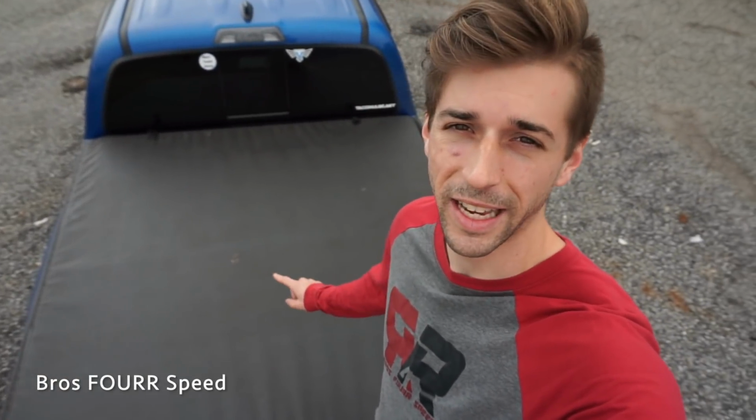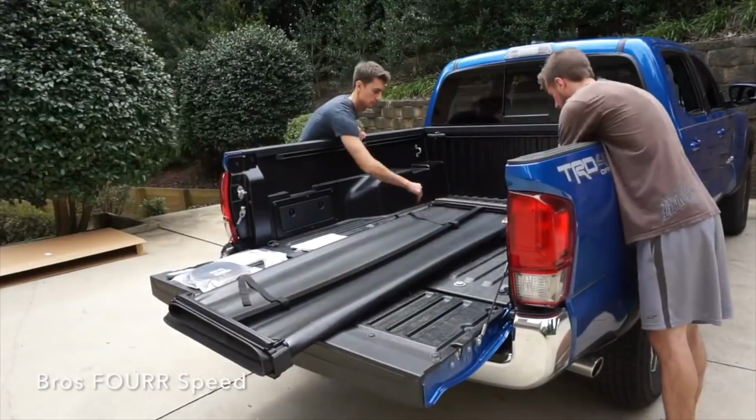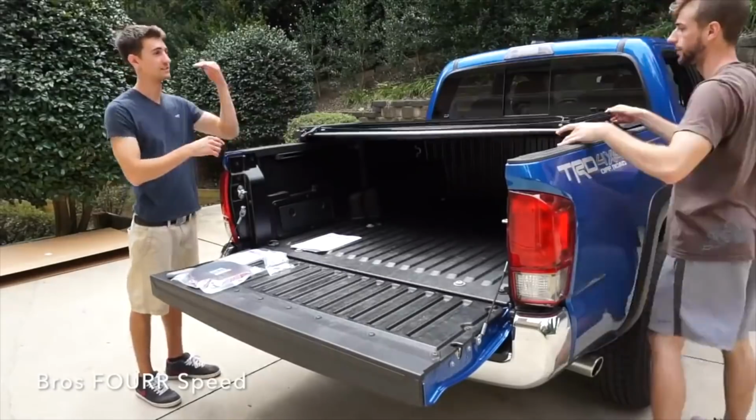The next thing on the list is not necessarily a modification, but more of an accessory, and that is a tonneau cover. Not only does this give your bed added protection from the sun and other elements like getting rained on, but it also gives you a usable storage space on a pickup truck. I can easily unfold this cover, throw my motorcycle or dirt bike in the back, easily put it back on, close the tailgate, lock it up, and I have items that can be out of sight, out of mind, and